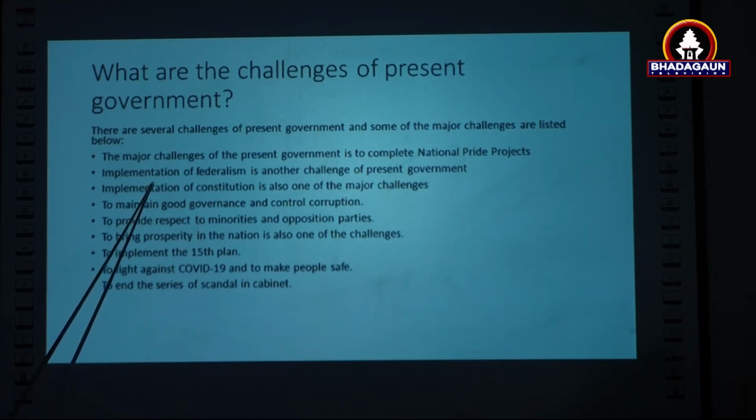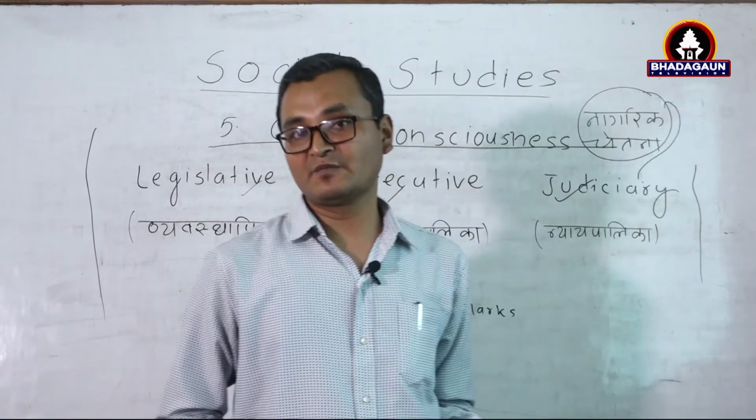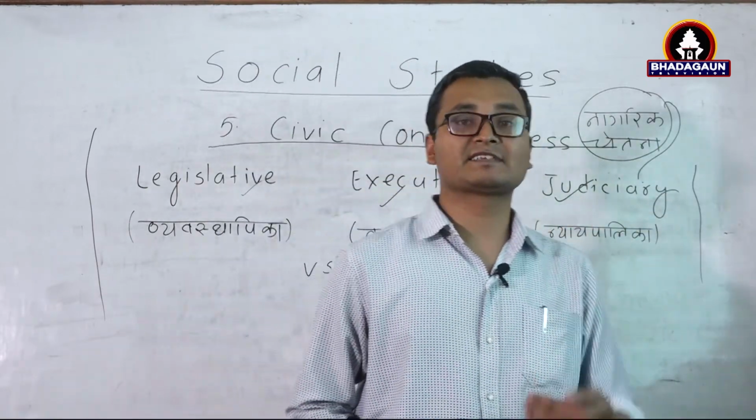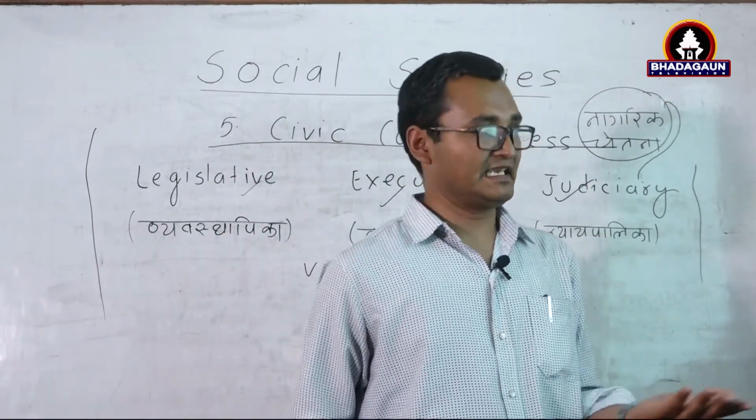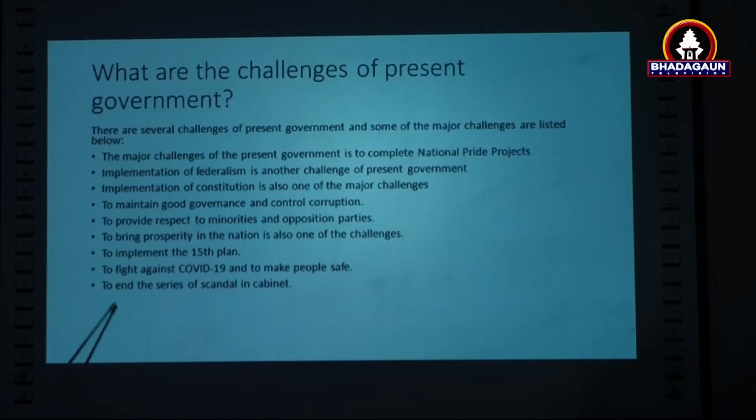Good governance and also controlling corruption, to provide respect to minorities and opposition parties, which is lacking at the moment, to bring prosperity in the nation is also one of the challenges, and to implement the 15th plan. You know that we are in the 15th plan, and the 15th plan was started from this fiscal year 2076/77, and to end the series of scandals in the cabinet, and you know that media are saying that the present cabinet is